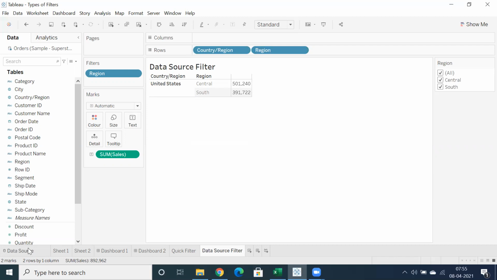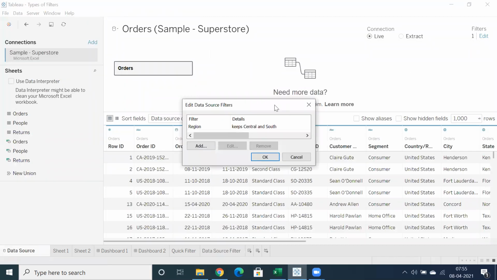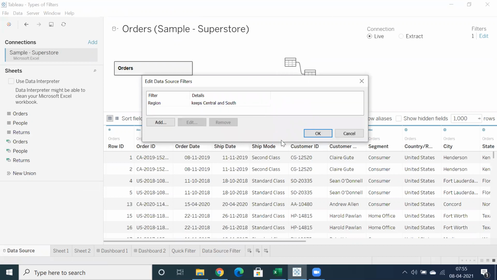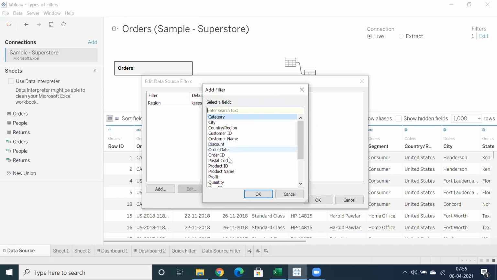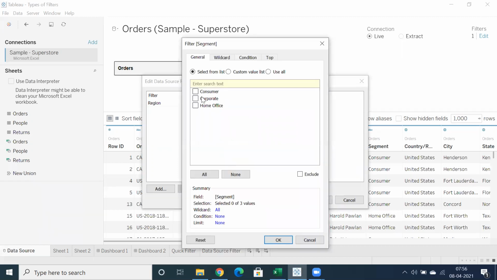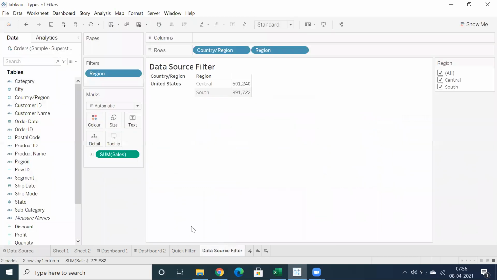So if you feel that, you can apply a number of filters. In one project, we almost used 11 filters in the data source filter. Let's say if you want to go for state or cities, anyhow, you can select region and in that region you can select cities. And let's say if you have a segment to go for only corporate, you can click OK to showcase only corporate information.